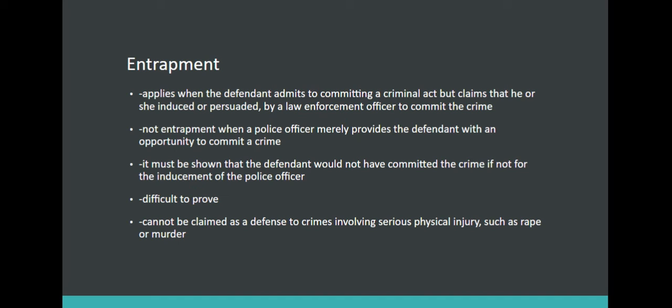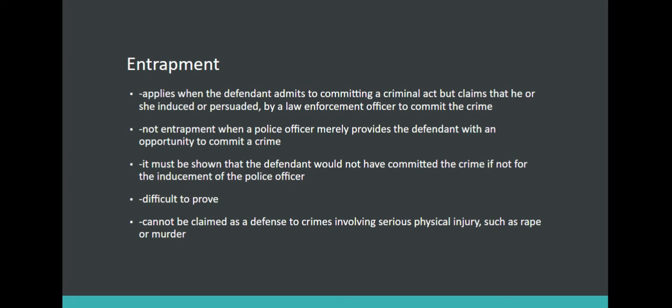And the answer is there's always, and I know this doesn't make sense in a lot of cases, the feeling is there is always an alternative. You should be able to go to somebody else and say, "Hey, this is happening," and avoid the murder. You should be able to go to somebody else and avoid the rape. Okay, that's the understanding, that in those serious crimes there always should be a way out. And I know that's difficult to understand, and I know I can't define it any more than that, but that's the understanding: there has to be an alternative besides carrying out the rape or the murder.